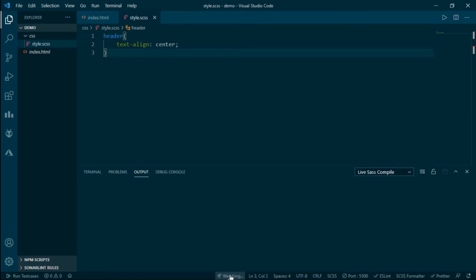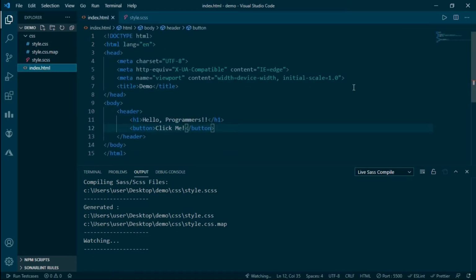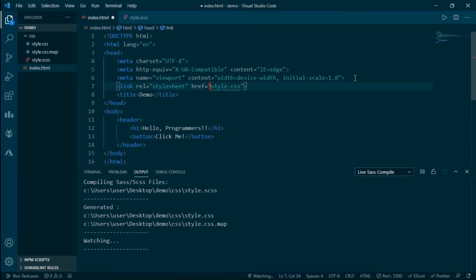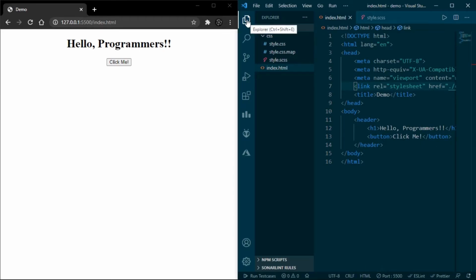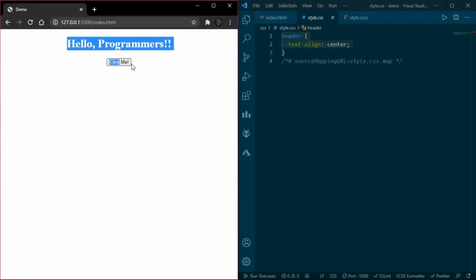So I will click on this. Here it has created for us these two files. Now what I will do, I will simply link this file with our index page. So here I will write link CSS and this. Here we go. Now it is watching, so I can close this window. Now here you can see in our style.css, this has been created for us, where our page is now linked and all our content is aligned to center.